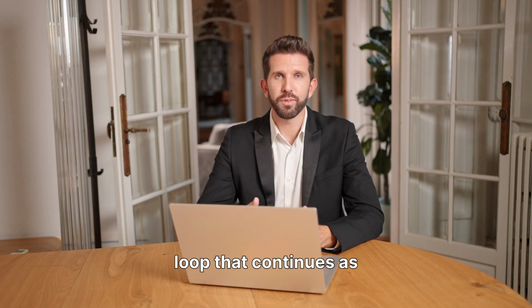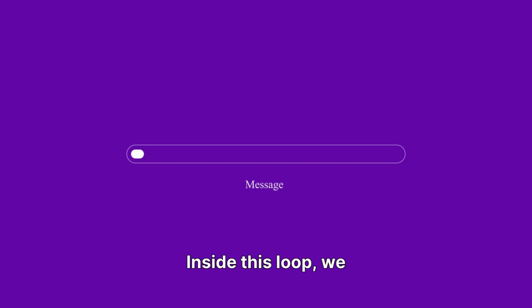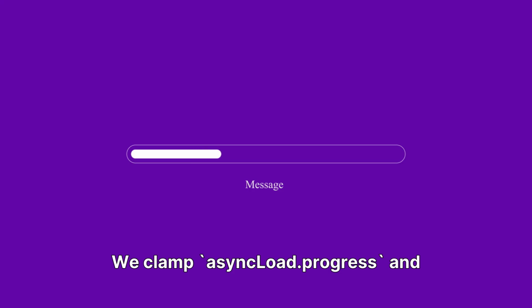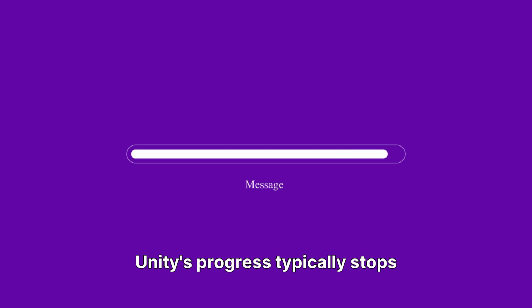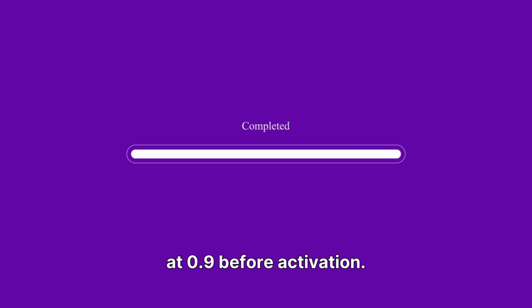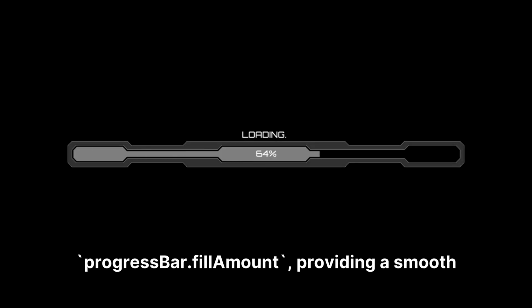We use a while loop that continues as long as asyncLoad.IsDone is false. Inside this loop, we calculate a progress value. We clamp asyncLoad.Progress and divide by 0.9 because Unity's progress typically stops at 0.9 before activation. This progress value is then used to update our progressBar.fillAmount, providing a smooth visual indication of loading to the